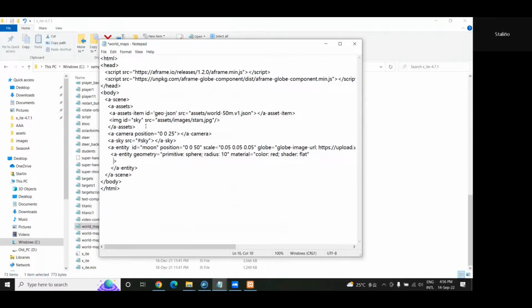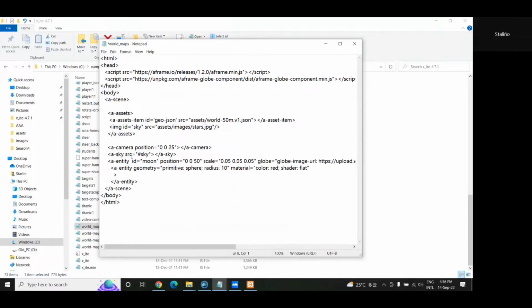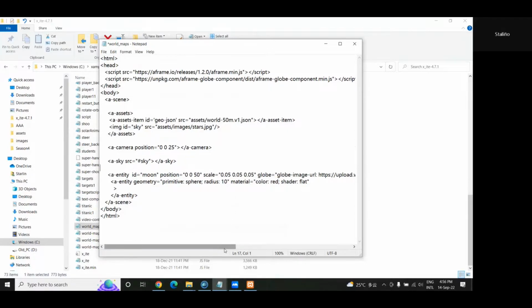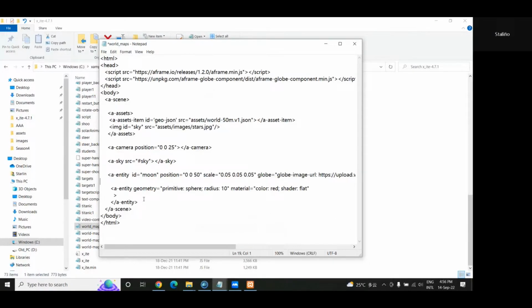By the way, let's format everything properly here so that we can see which is where. Here we get the assets system, here we get the camera, here we got the sky, we got the moon. Just below the moon, we need a space, and then you've got our globe here. Inside our sphere entity, we are going to define a component called the GeoJSON. The GeoJSON is equal to, and we are going to refer to this assets item that we imported up here. So we say the source